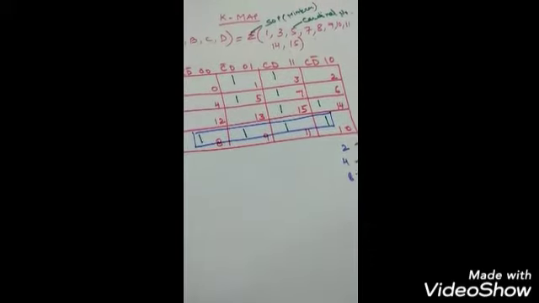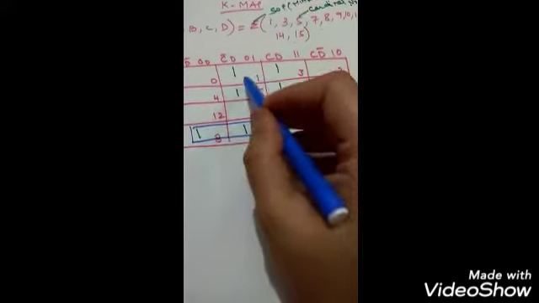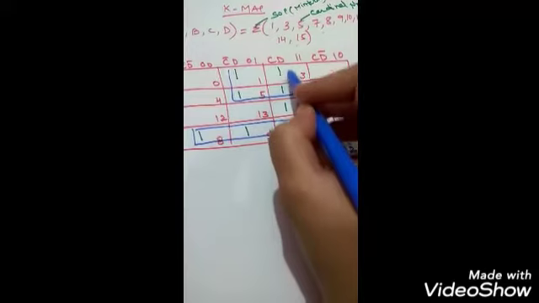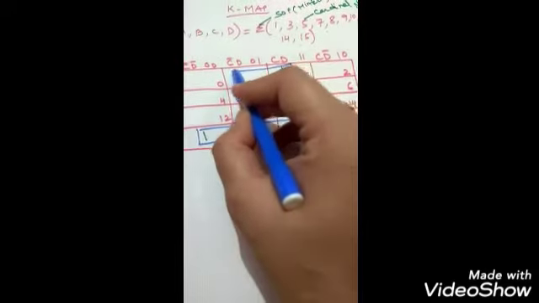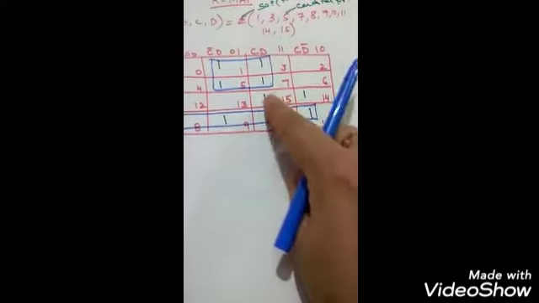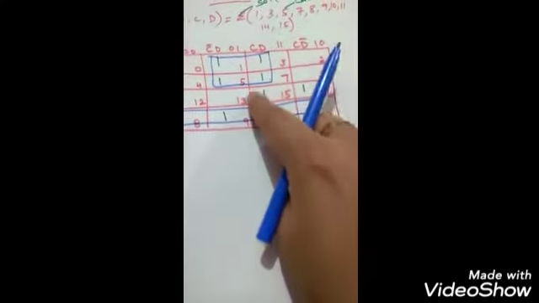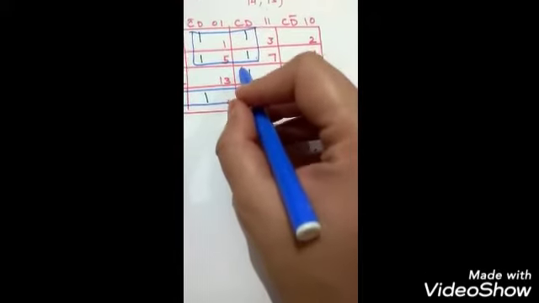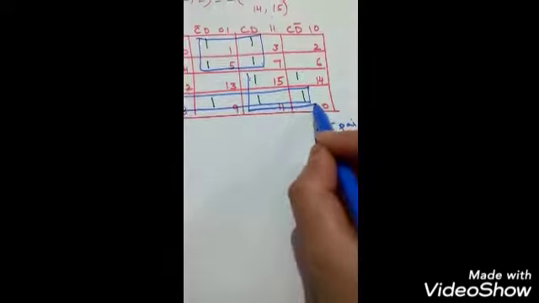Again we are watching that these ones are also here, so we can create one more quad with the help of these ones. This is the second quad we have made. Now these two ones are left over. We can make a pair of these two ones, but that is wrong, because in the rules you have studied that we make groups as large as possible and overlapping is also allowed. So according to those two rules we will make the quad over here.